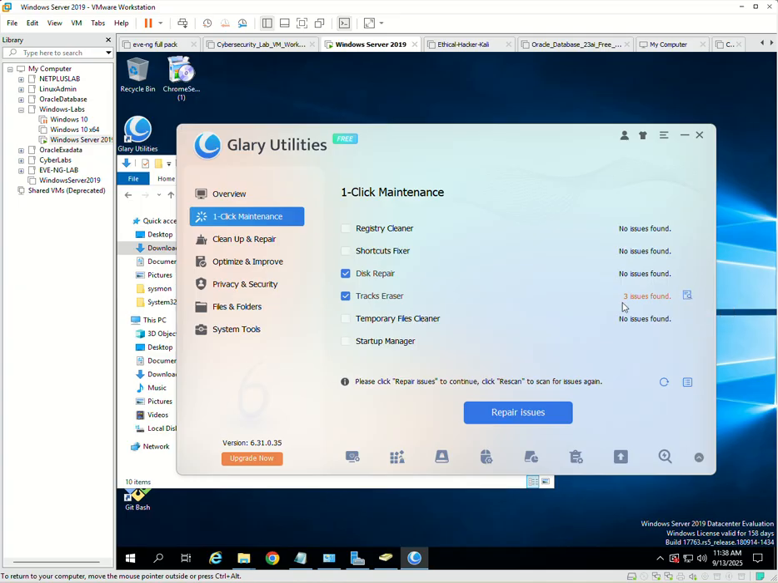Okay, it has 3 issues found, and if I say repair Disk Repair, there is no issue found with the disks. But Track Eraser has 3 issues here. Let's repair it. We are done. Let's scan again, because it's always good to be sure that the problem has been fixed. Okay,